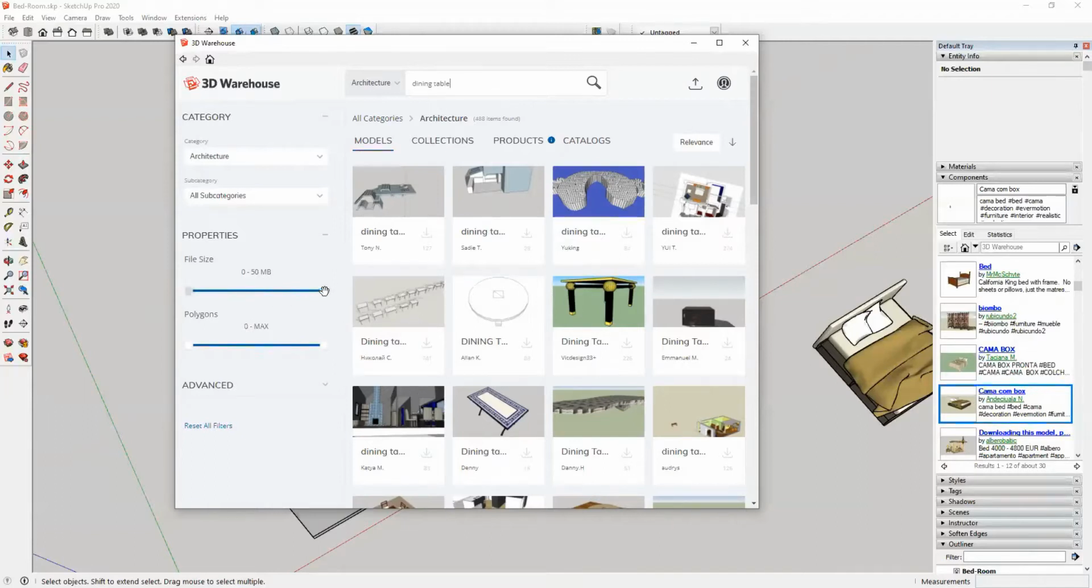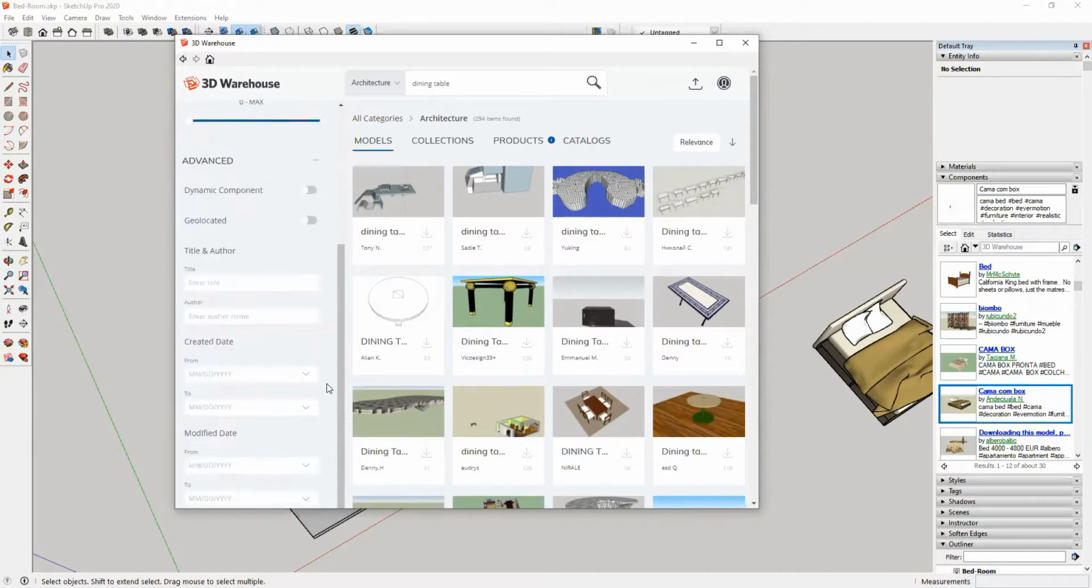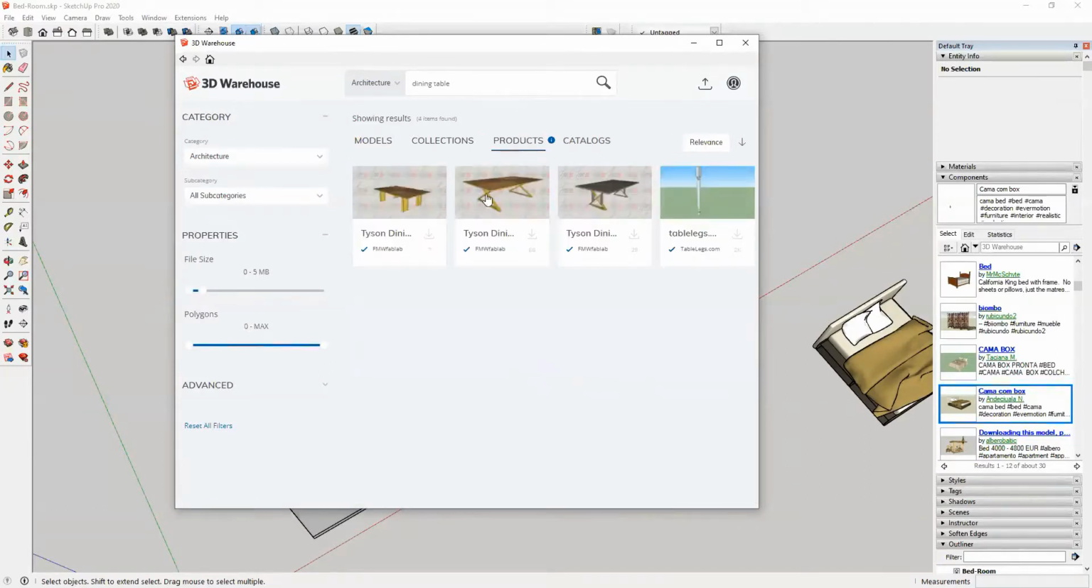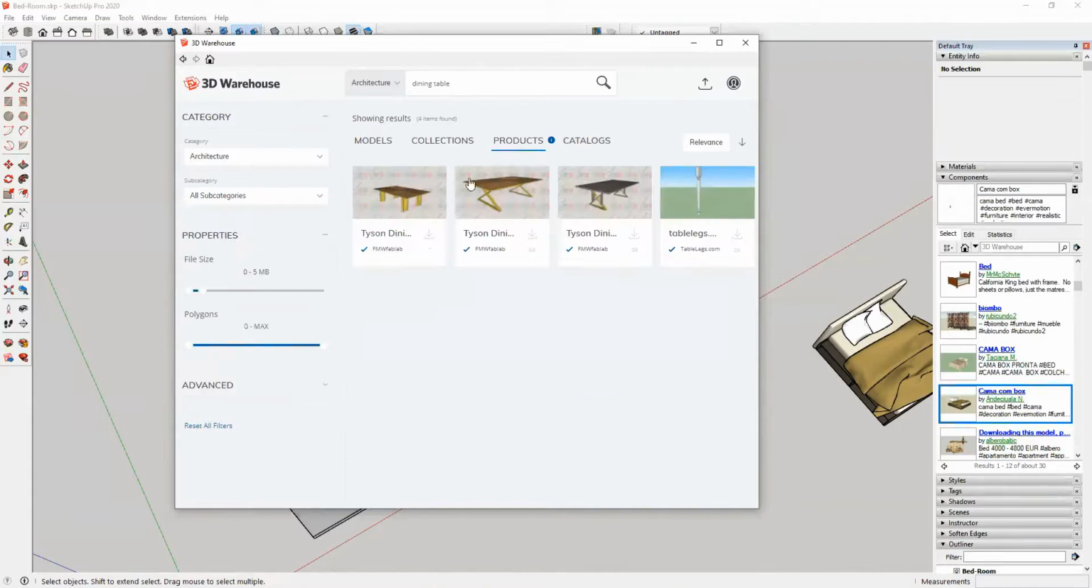Now I can also add filters like the file size or number of polygons. Number of polygons means number of faces basically. And also we have some advanced options, and we will deal with them later. Now you can also have products from specific brands, or you can get catalogs, collections in case of certain